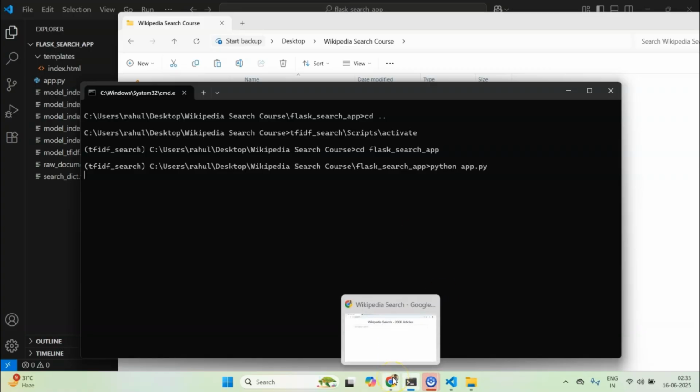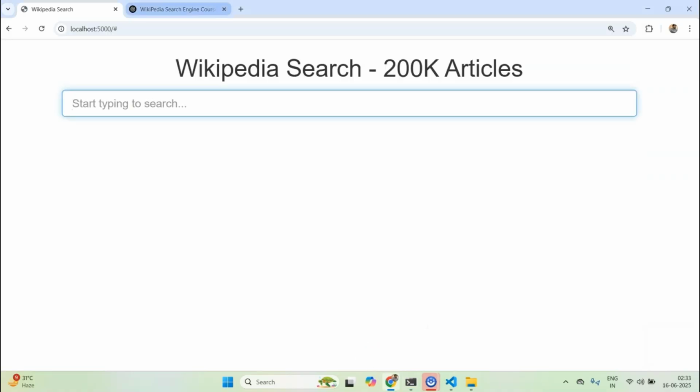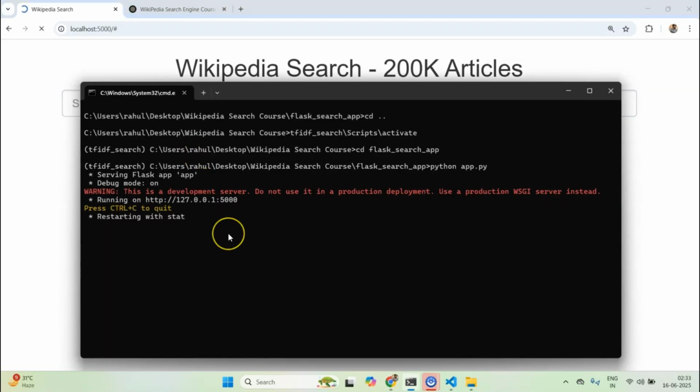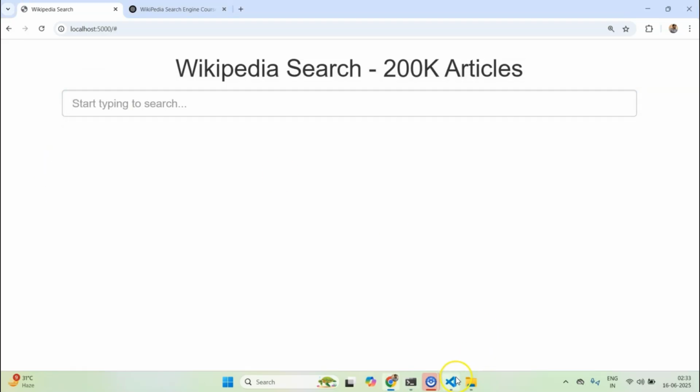Now it should load the app correctly without any error. Okay, so we have the app ready.